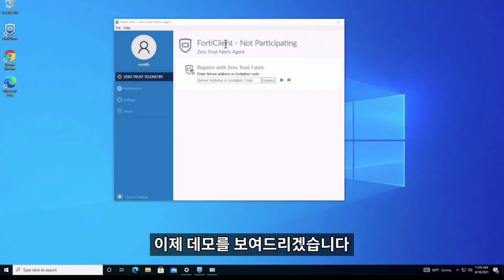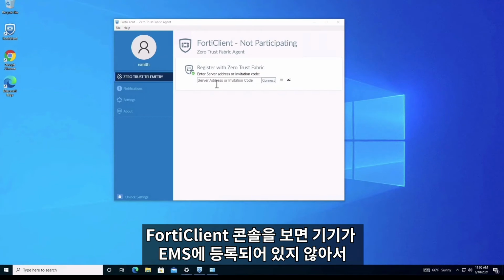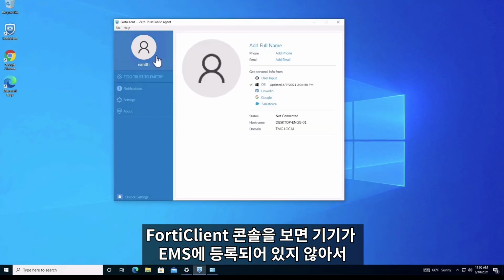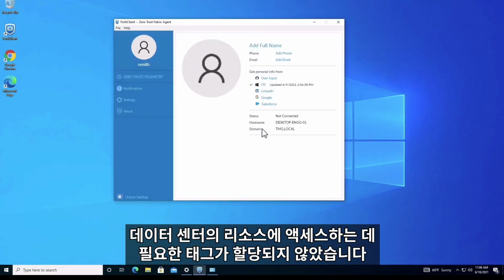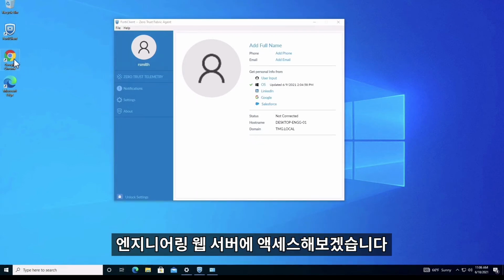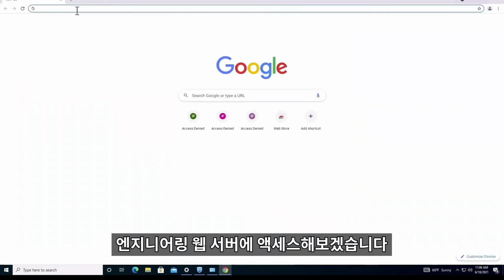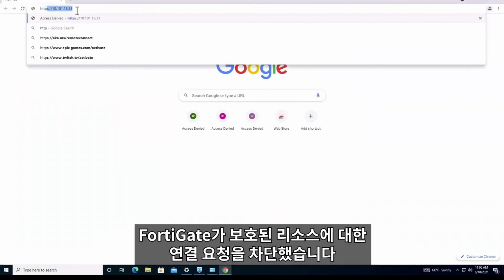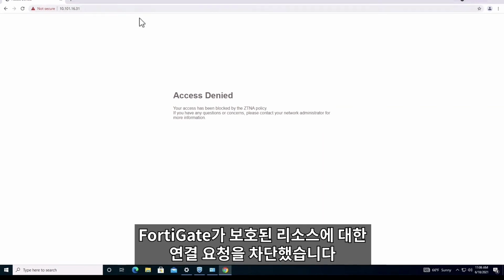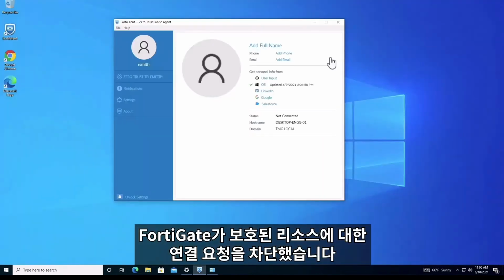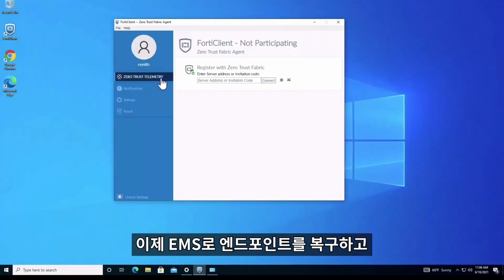Now, let's get started with the demo. In the FortiClient console, we can see that the device is not registered with the EMS. As such, it does not have the required tags to access the resources in the data center. Let's try to access the Engineering Web Server as is. Here we can see that FortiGate has blocked the connection request to the protected resource. Now let's register the endpoint with EMS